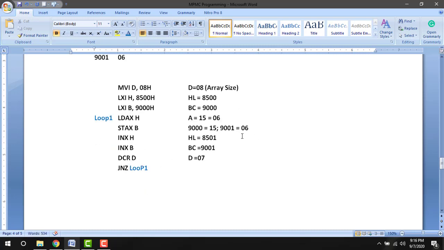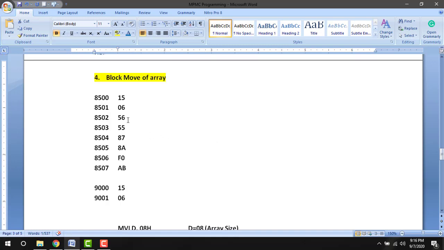Now increment the pointers. The HL pair becomes 8502 and the BC pair becomes 9002. Then decrement the count; the count is now 06. The jump checks for 0. It is not 0, so it again moves to LDAX H. The pointer is 8502, and at 8502 we have 56.